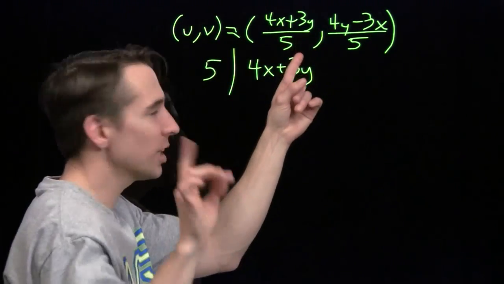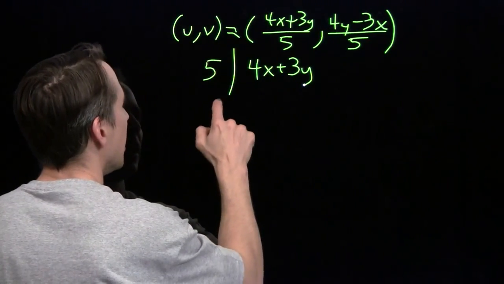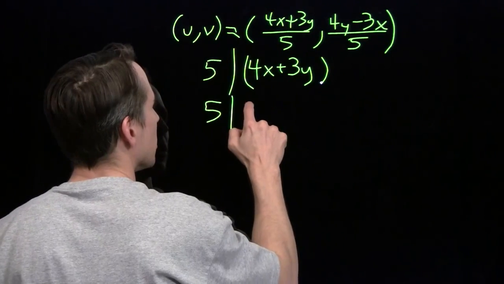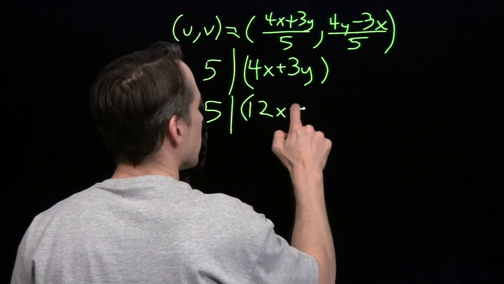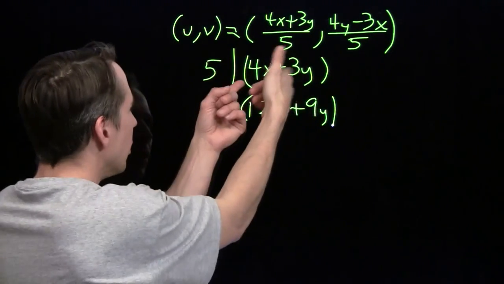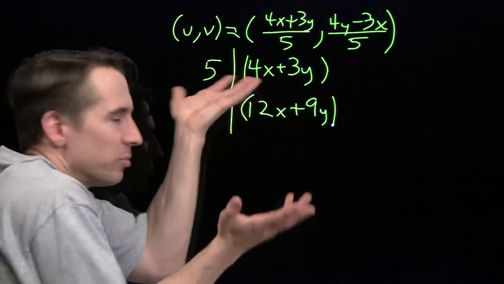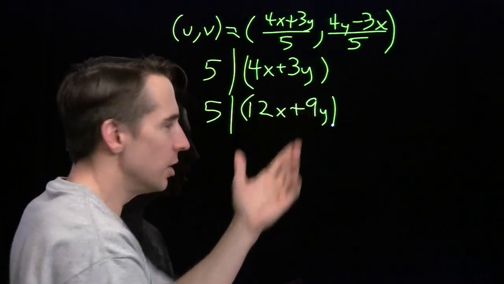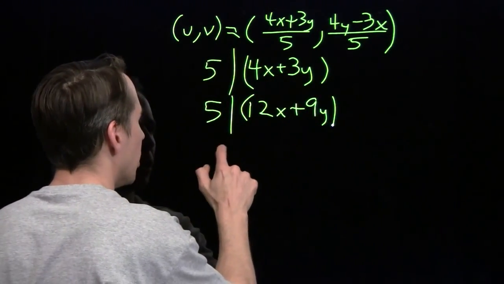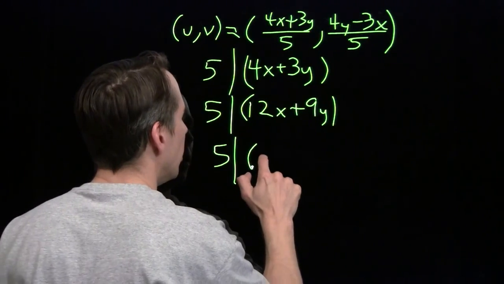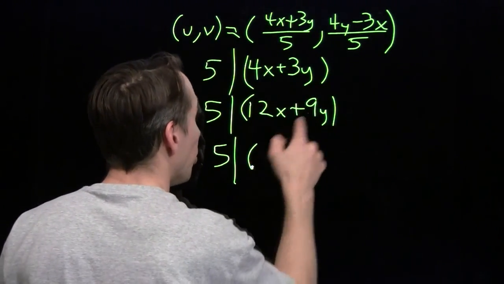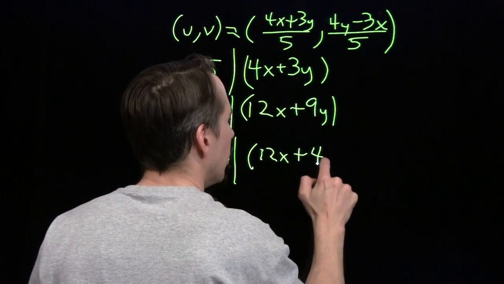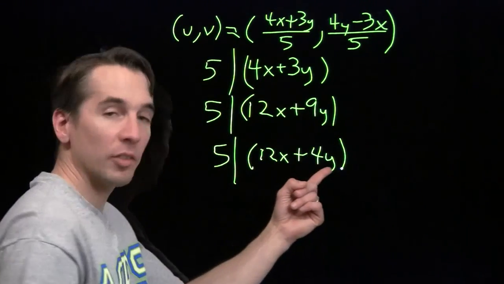Well, I can get from 3y to 4y like this. If 5 divides this sum, then 5 also divides 3 times this sum, which is 12x plus 9y. Because if I divided this evenly, multiplying by 3, I'm still going to divide it. Now, if 5 divides this, well, y is an integer, so if I subtract 5y from this, I'm going to go from one multiple of 5 to another multiple of 5. So just like multiplying by 3 gives me another multiple of 5, subtracting a multiple of 5 gives me yet another multiple of 5. So I just subtract 5y, and 5 divides this, and now I've got my 4y.